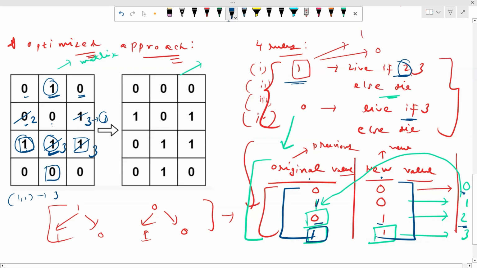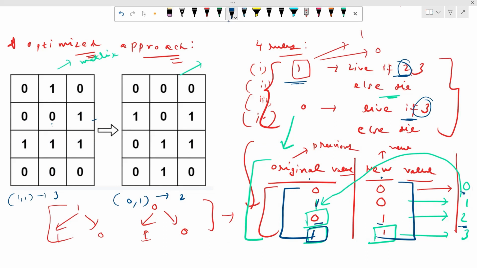So moving on to this 0, it contains exactly 3 ones. So when it contains 3 ones, this will be a live cell in the new state, right? So this will be 0 comma 1. 0 comma 1 represents 2 over there. That's why its value will be 2, right? So now our matrix looks something like this. Let me just erase this thing. This will be 2, this will be 3, this will be 3, this will be 3, and this will be 2. So after this, what we need to do is run a for loop,